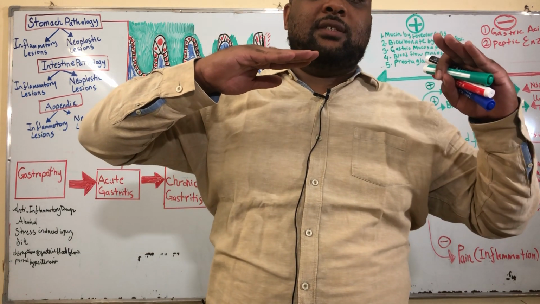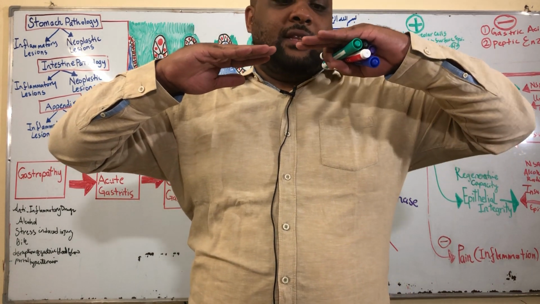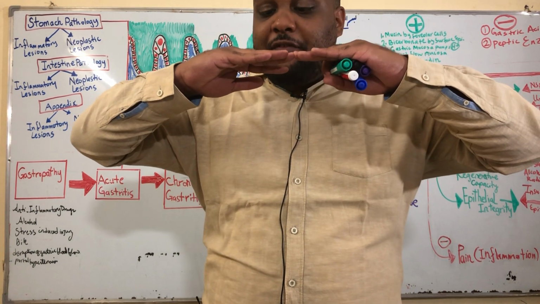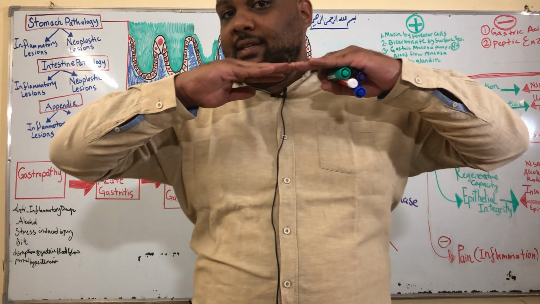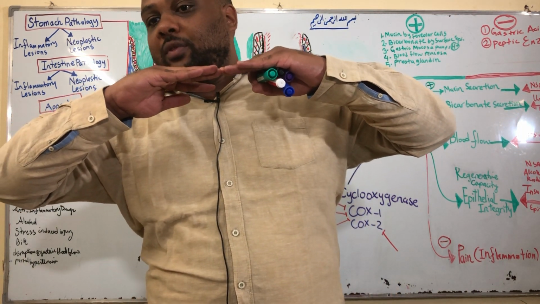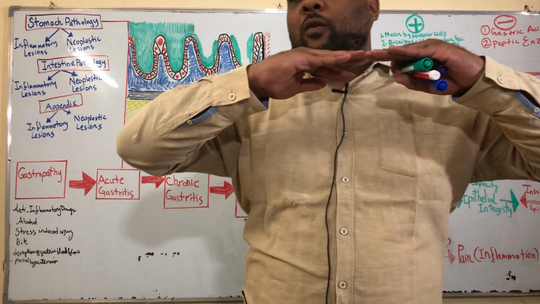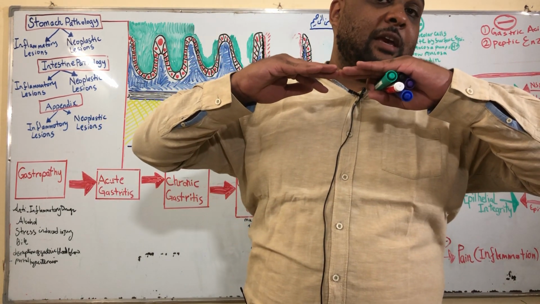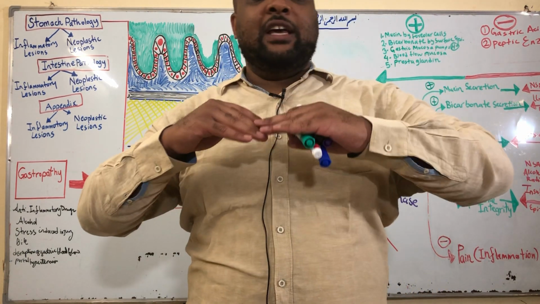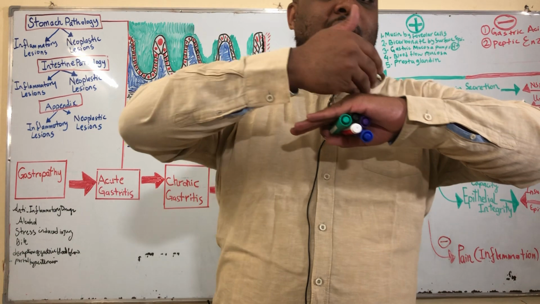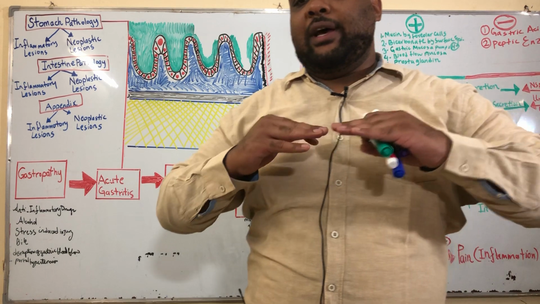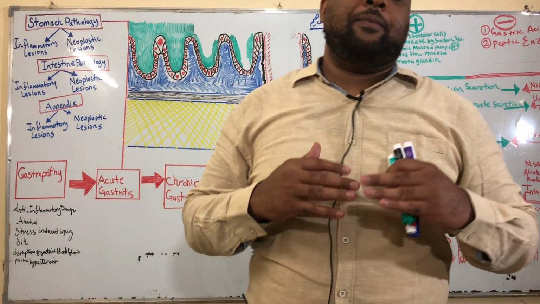You have cells in the stomach, the gastric cells, that if an acid, a hydrogen proton, leaks from the core of the stomach into the stomach epithelium, will literally take that hydrogen proton and throw it back. If something happens to these cells that throw back the hydrogen protons, then surely we will have damage to our